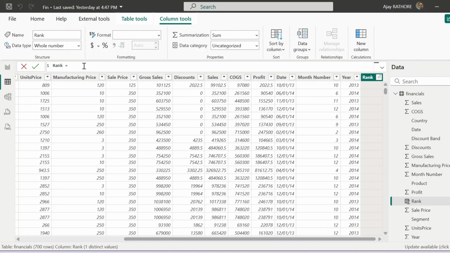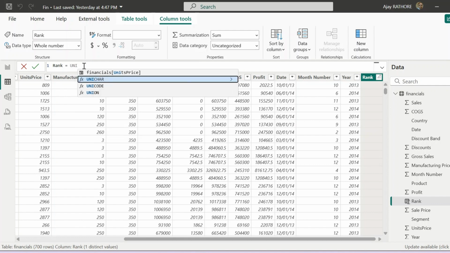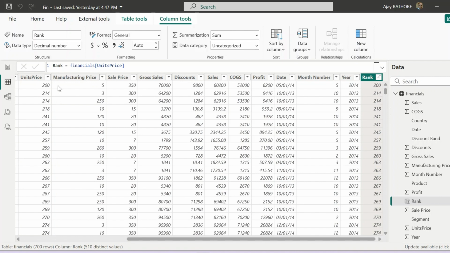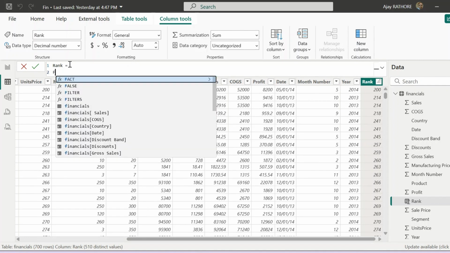If I just write the unit price column, it returns the same value because it is iterating over the table, and there is one row context available by default because of the nature of calculated columns. But to achieve the rank of this unit price, we need the code that I showed you in the screenshot. So how can we write it? Just use FILTER,